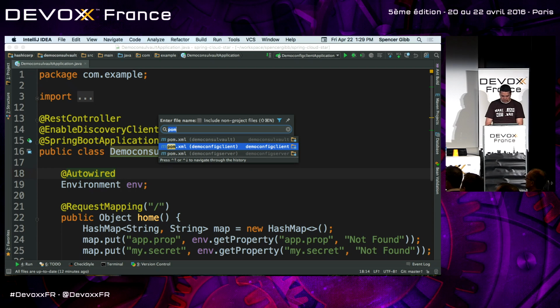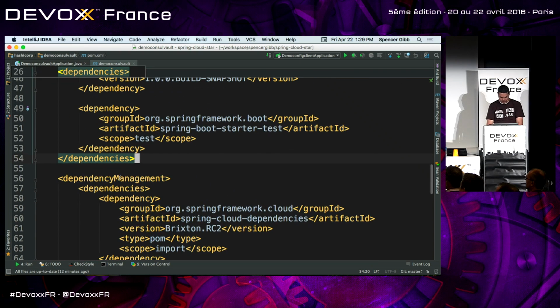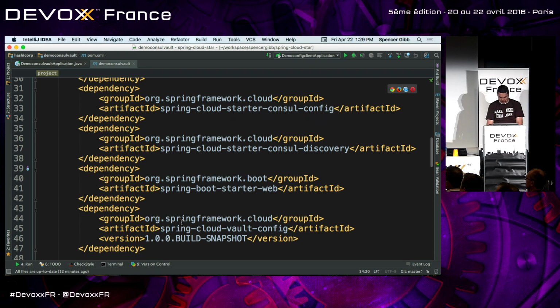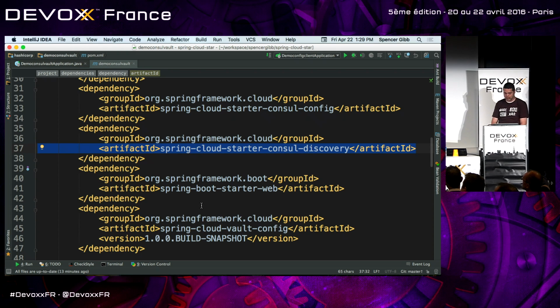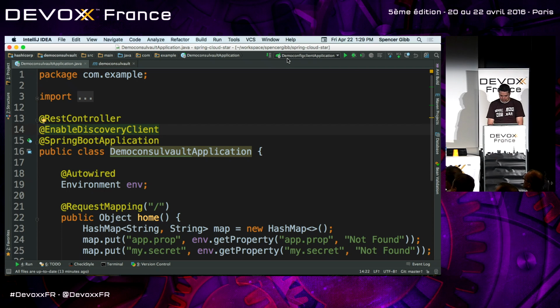And the reason I know it's using Consul is because I am using this starter, right? So I said use Consul for discovery and also use Consul for configuration. So I'm going to run my application A.